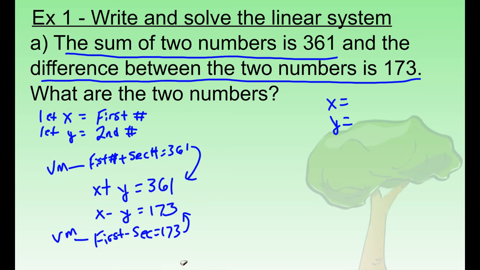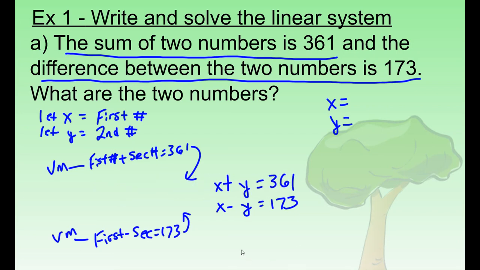All right, so we're going to solve this system of equations. And the method I liked best in the last lesson was the elimination method. And when I look at these two equations, I can see I can eliminate. If I subtract, these are gone. If I add the two, the y's cancel out. So I'm actually going to add. I like adding better than subtracting when I'm eliminating, because if I add these two together, a positive y and a negative y is 0y. 1x plus 1x is 2x's,